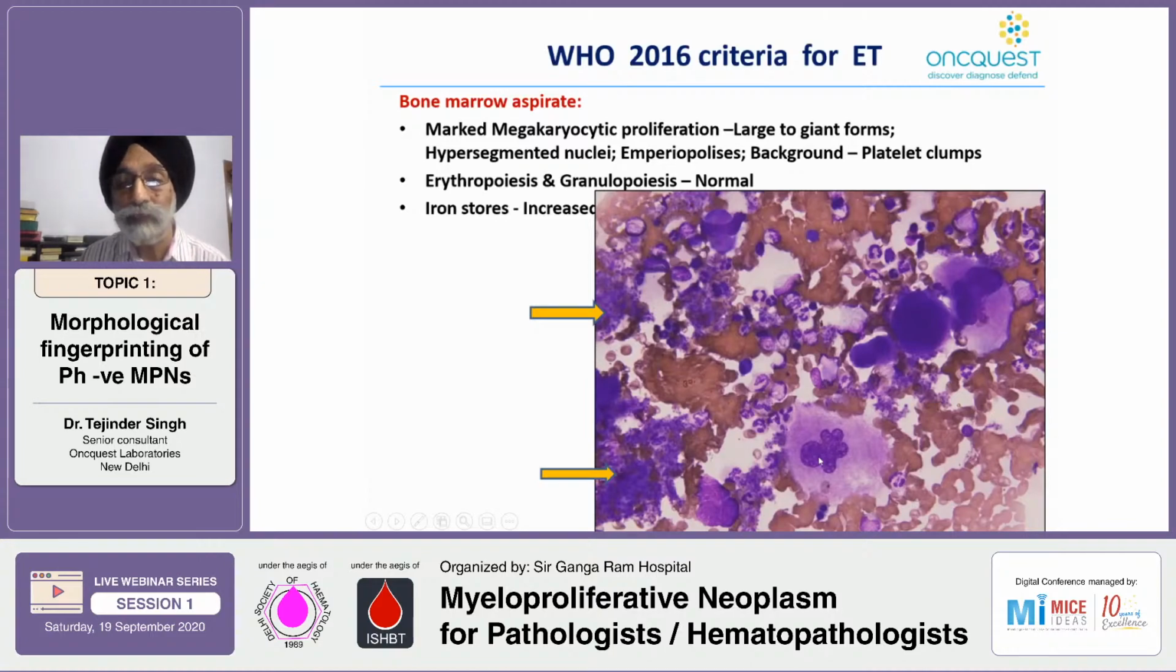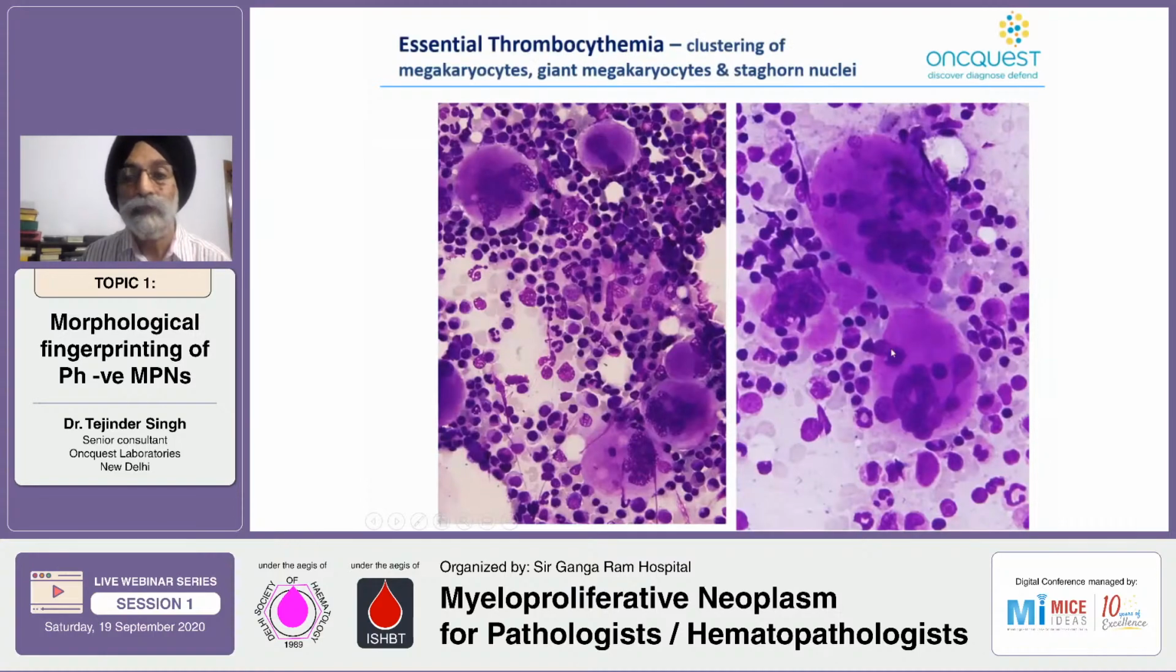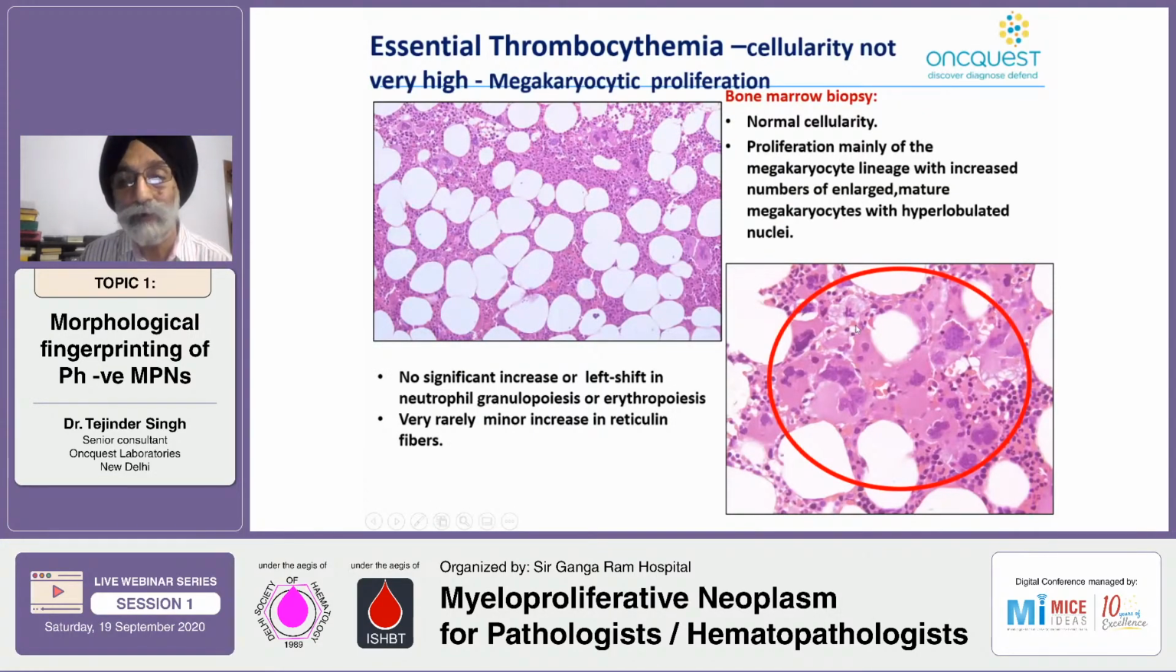On an aspirate, we may or we may not find loose clusters of megakaryocytes. However, what we find is that platelet clumps are seen all over the bone marrow aspirate smears, and what we come across are the giant megakaryocytes. Now, these are the giant megakaryocytes in a case of ET. Here also you find these loose clusters of megakaryocytes are present, and these are hyperlobated, which we can see on